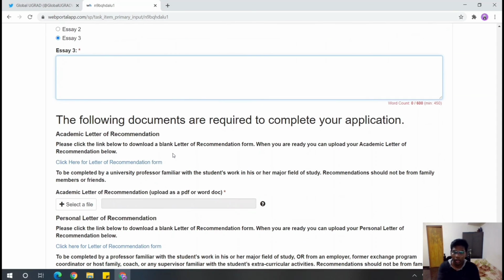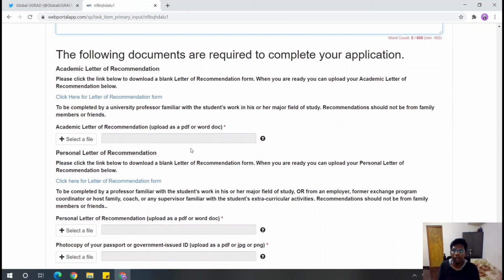So concentrate on your content more than your fancy words or your formatting gimmicks. Then the second part of the application is one of the most important parts. You have to submit 2 reference letters, 2 recommendation letters. One is strictly from your professor, a professor who has handled one of your classes. So you'll have to get a reference letter from them. And then the second reference letter is